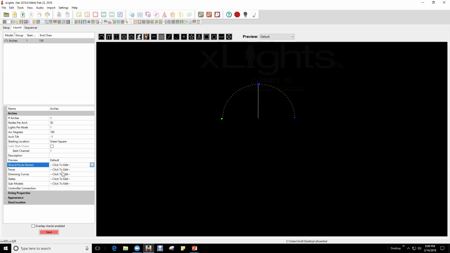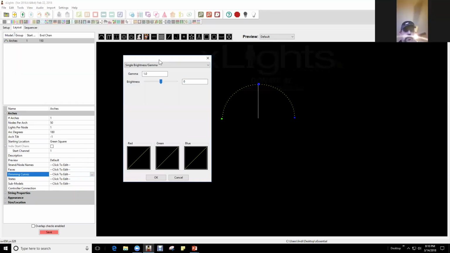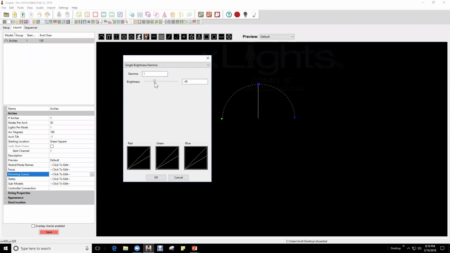The face definition doesn't really work for the arch. Dimming curves, if you click on this, I use this a lot for P10 panels. So if you're using this, and your P10s, because there's so many pixels within a P10 panel, it can overpower the whole show. So what this allows you to do is, instead of sequencing and going into and changing the brightness of each effect to 50% brightness, 50% brightness, you can come in here and you can change this, and you'll watch this line will move down with the red, green, and blue to the brightness, and then at 50%, which would be -50 in this,